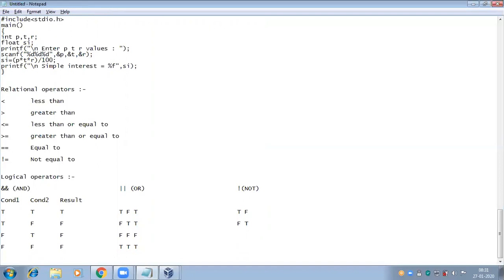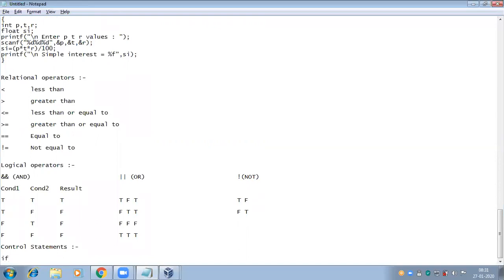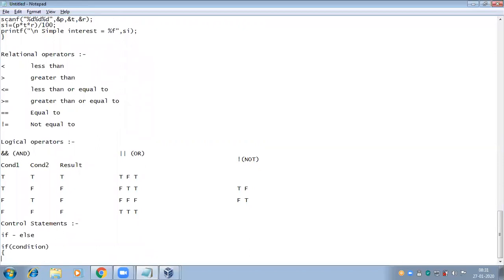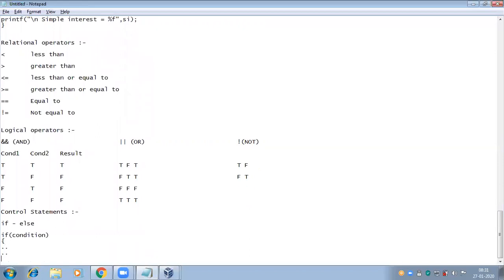These logical operators and relational operators I am going to use in the control statements to control the data flow. What are the control statements we have here? If else statement. The syntax is: if the condition is true, then the true statements will be executed.